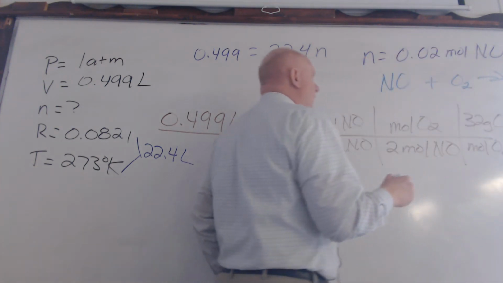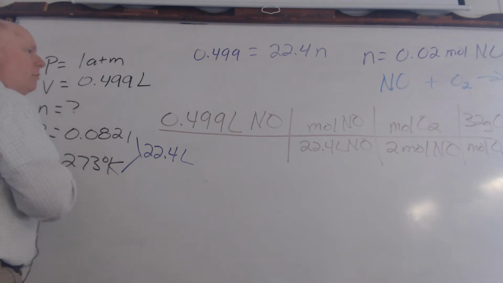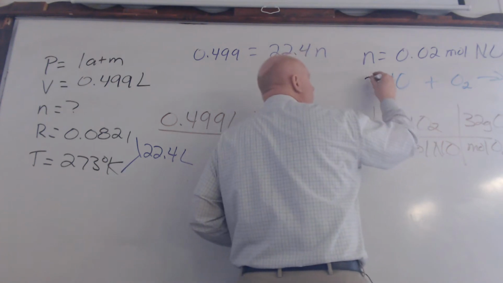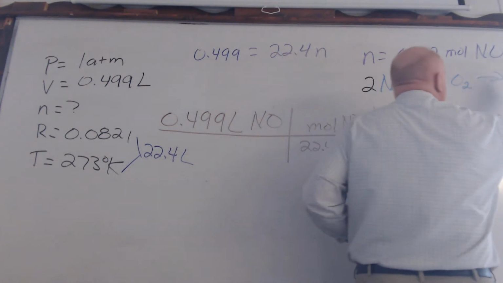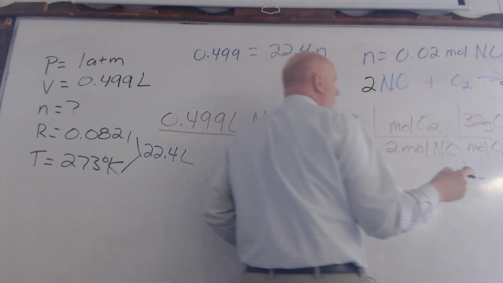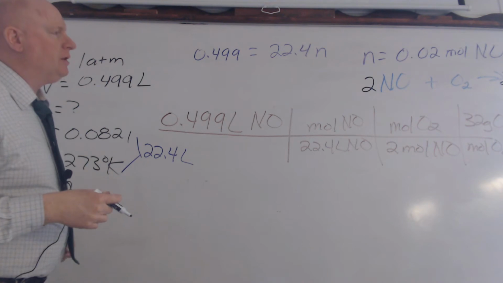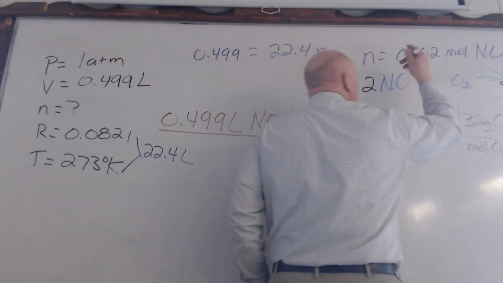And then the next thing that you would have to do is to balance that. And upon doing so, if we put a 2 here, then we're going to have to put a 2 there. All right. So upon doing so, now we've got our equation balanced, and we're starting with